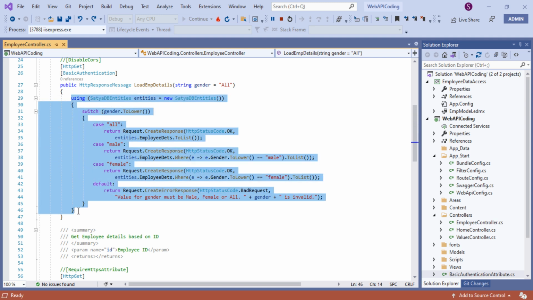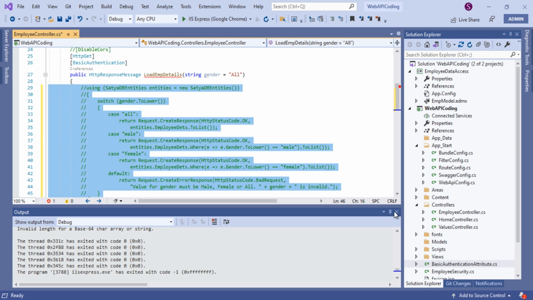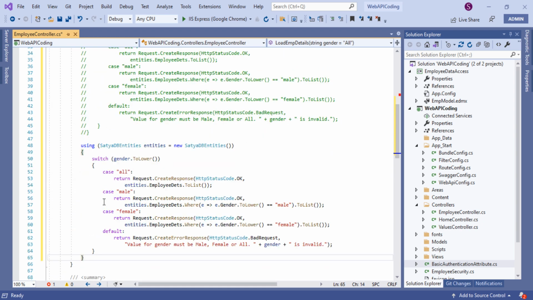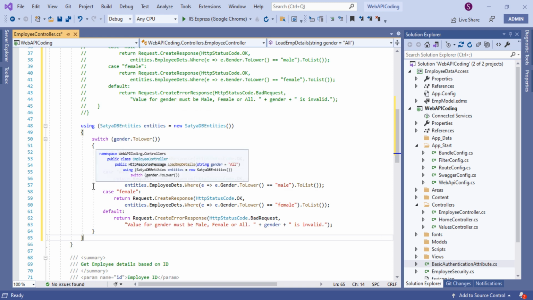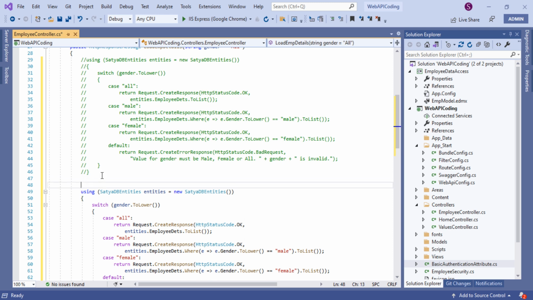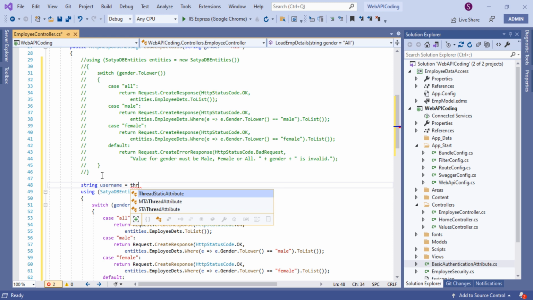Okay, I'll comment this line and stop the debugging here. Here I paste. Okay, and what I'll do is I will use as a string username equal to Thread dot